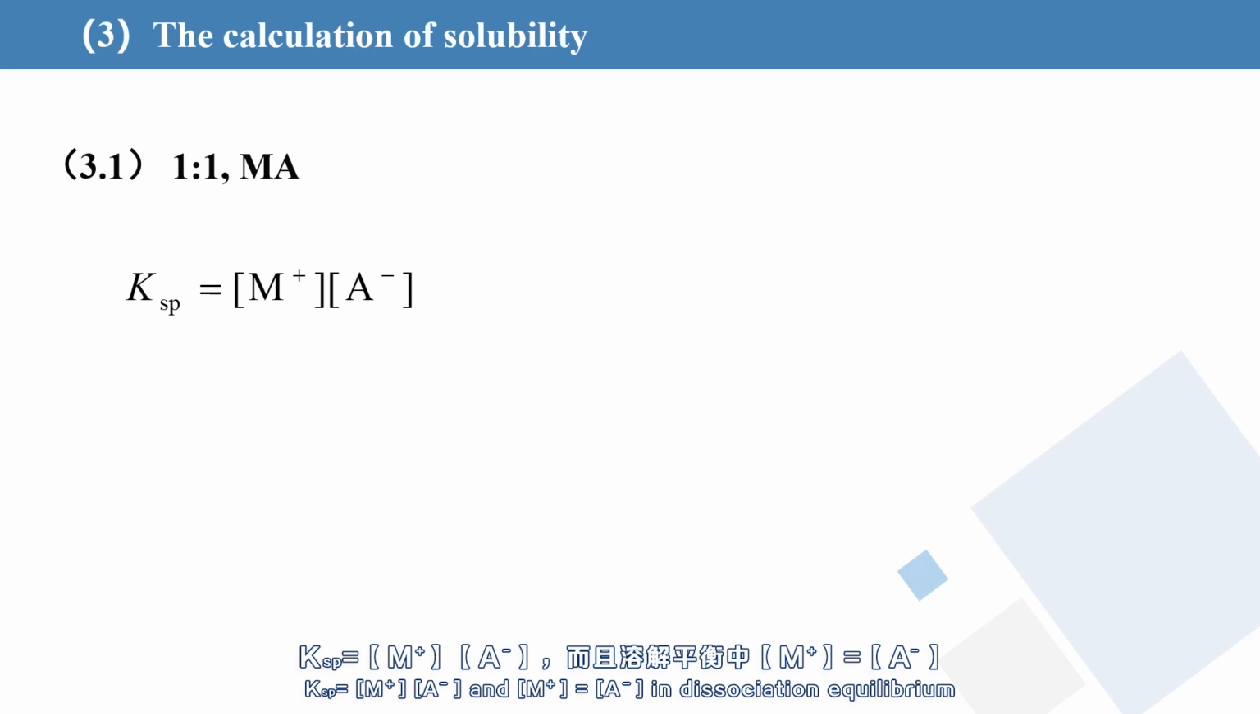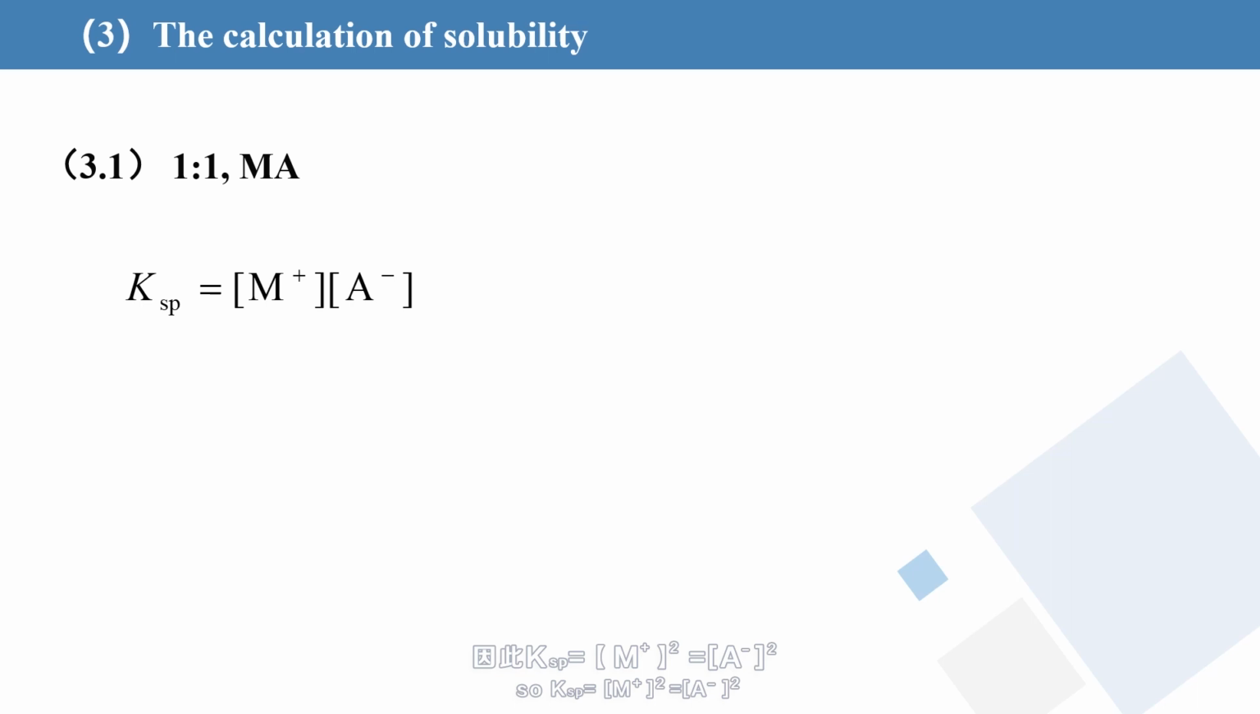Then, according to the calculation formula of the solubility product, for the 1:1 precipitate MA, Ksp equals the equilibrium concentration of M times A, and equilibrium concentration of M equals A in dissociation equilibrium. So Ksp equals square of equilibrium concentration of M, equals square of equilibrium concentration of A. The solubility S of MA can be expressed as